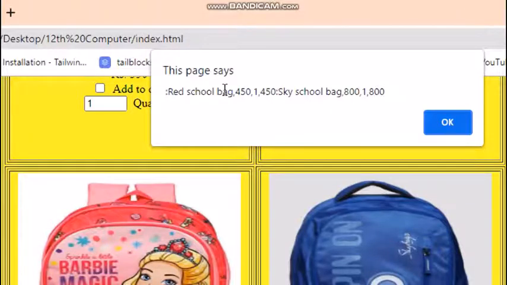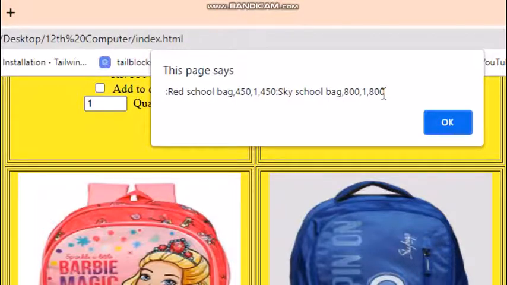We can see a user-friendly message that we have purchased a red school bag. Price is 450 rupees. One we have purchased. So total amount will be 450. Then we have purchased a sky school bag. Price is 800 rupees. Quantity is 1. So total amount will be 800 rupees.